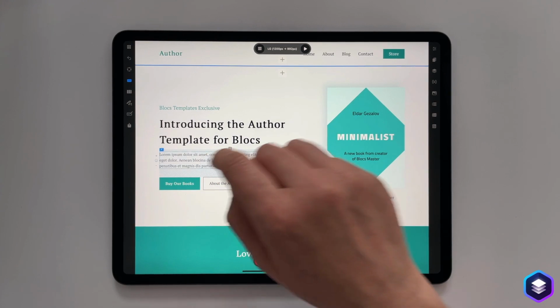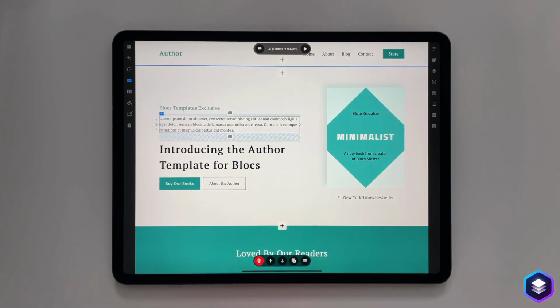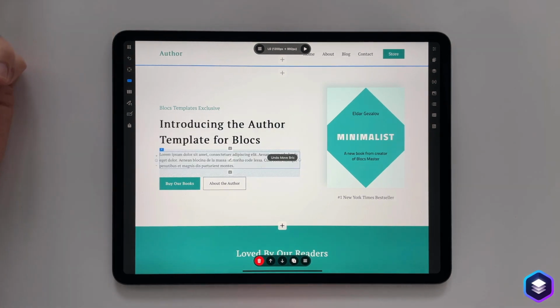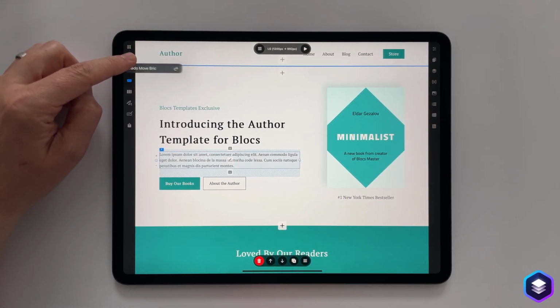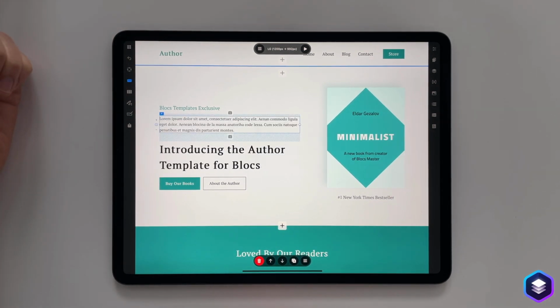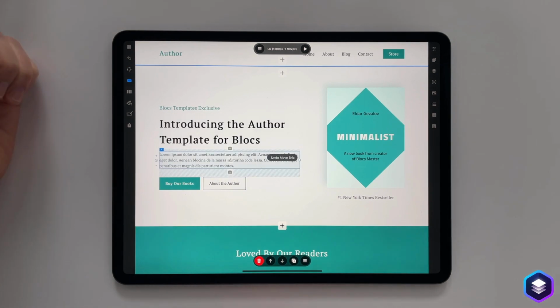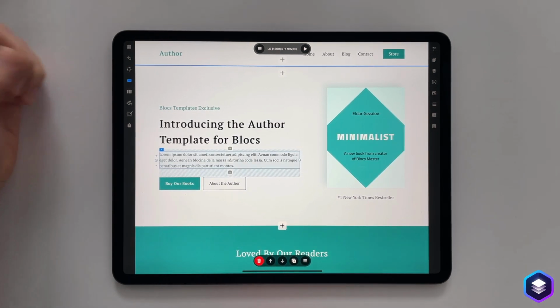So if I was to select, touch and hold, move an item, I can then press this to undo. If I wanted to redo, it's a simple case of touching and holding to get the redo option, and Blocks will redo the change.